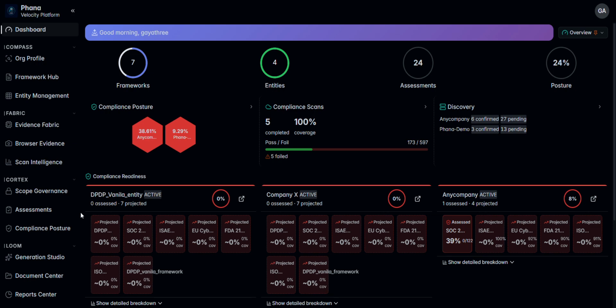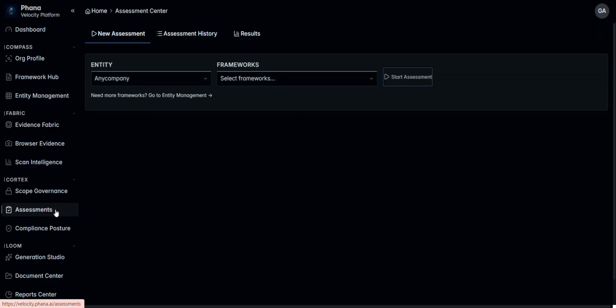Let me walk you through one of the impressive features of FANA Velocity Assessment Center. Evidence, scans, and integrations all feed into a single decisive movement, the compliance assessment. Velocity's Assessment Center is where all of that groundwork comes together, letting your organization validate its posture against a chosen